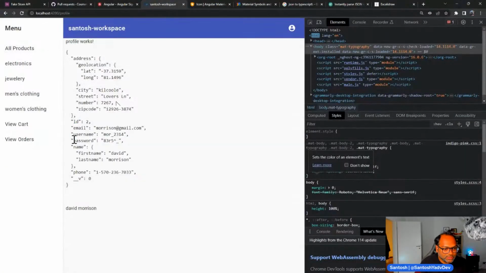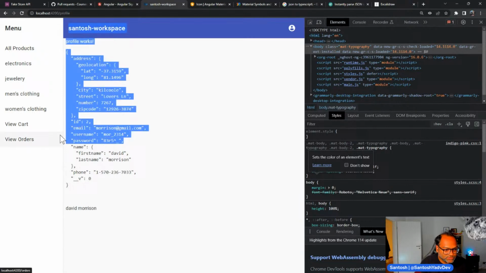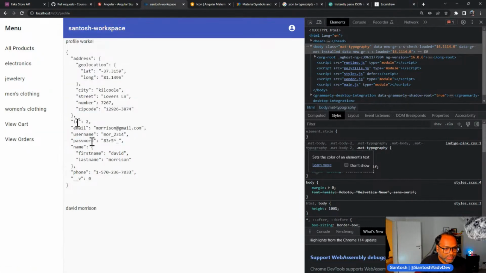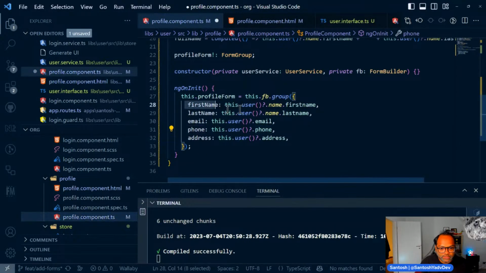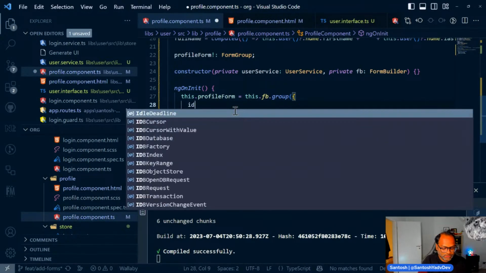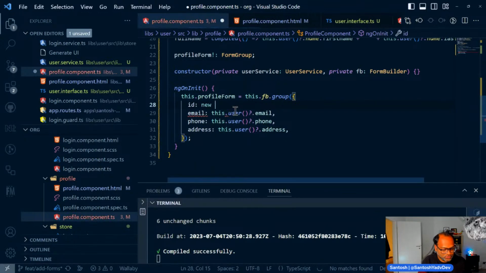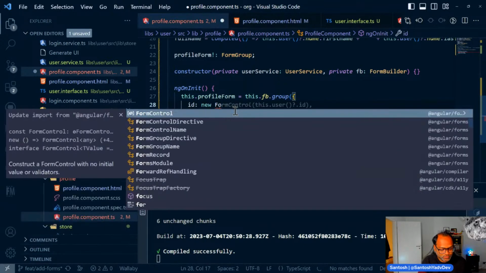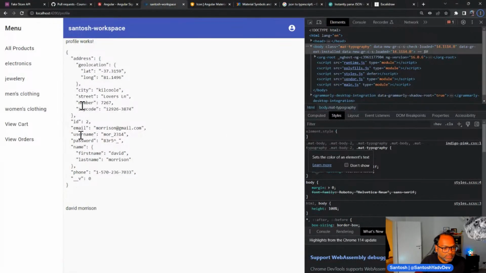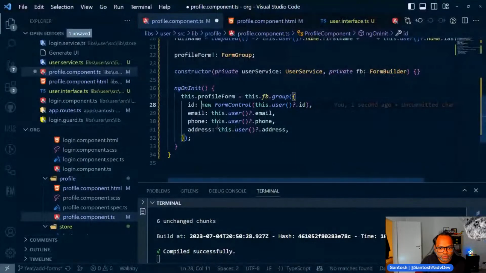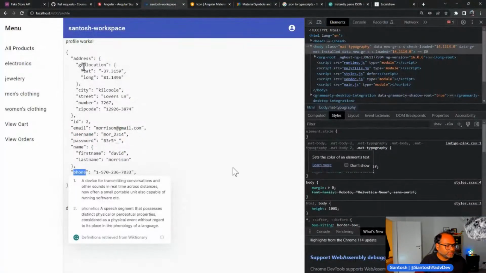So we have ID, email, username, and password. We don't need username and password. We need ID and email. So let's create ID and email. I'll just drop this one ID, and I'll say this is a new form control, and this is the default value. We can probably add some validation after this, and if we need email, we have, do we have anything else? Phone, yes, we have phone, and then we have address, and this is where we can